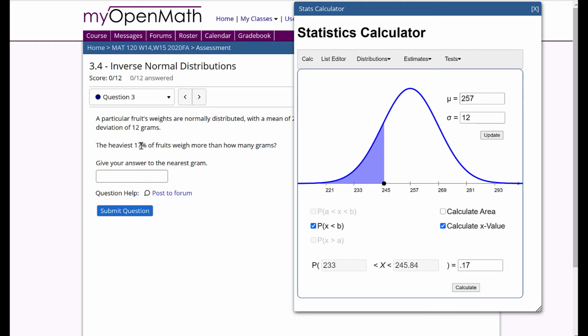So if you have the heaviest 17%, then that's an area to the right. The corresponding area to the left would be 1 minus 0.17, which you do have to compute. It won't calculate that for you. That would be 0.83. So let's hit calculate there,